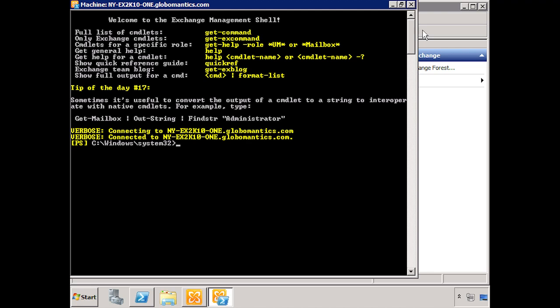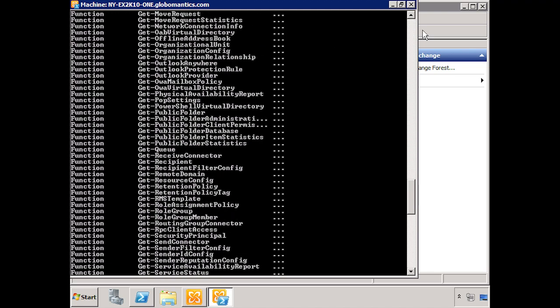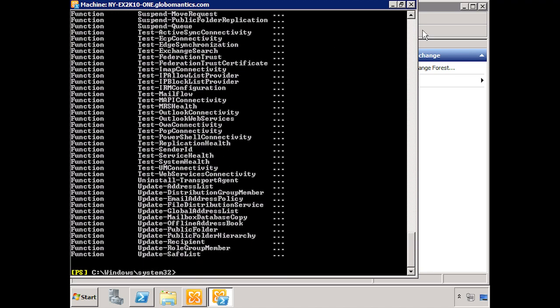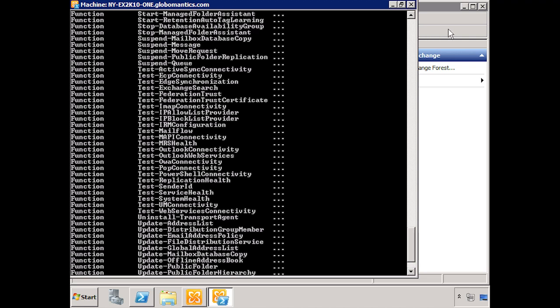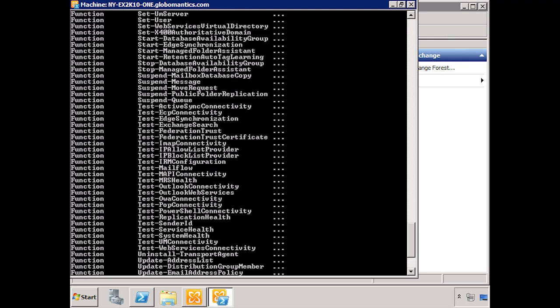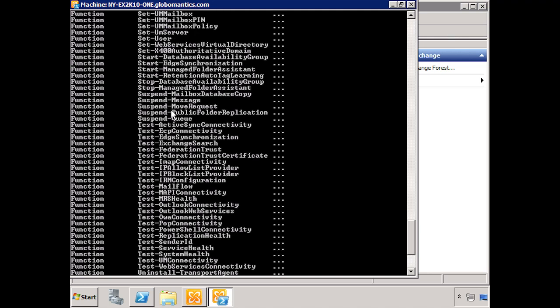So what would we like to do first here? Well, if we type in get x command, that shows you very quickly all of the different commandlets that relate to Exchange. Again, that was not meant to scare you, just to show you really all of the tools that are at your disposal. So if we scroll up here, you can see there are a lot of different test commandlets,